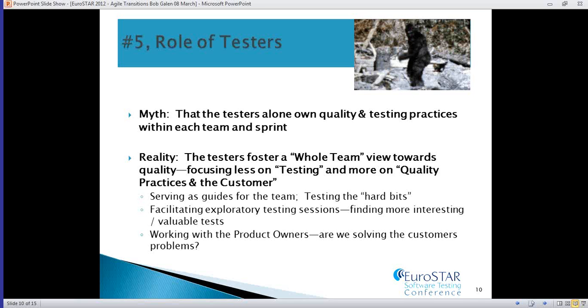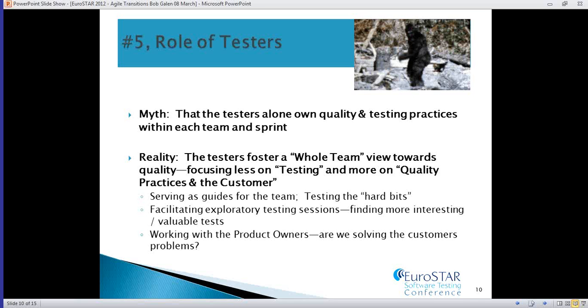I'd like to see testers in Agile teams focusing less, believe it or not, on testing, 8 hours a day, 10 days a week, test, test, test. Yes, they're testing, but they're also focusing on quality practices. They're focusing on getting the requirements right up front. They're focusing on collaborating with the customer, with the product owner. They're focusing on asking really hard and good questions about what problems we are trying to solve. Is this the simplest possible solution that we could deliver to the customer? They're asking the customer that question directly.